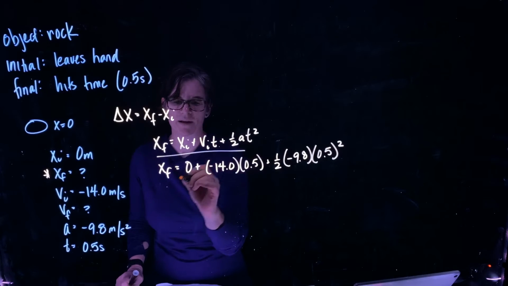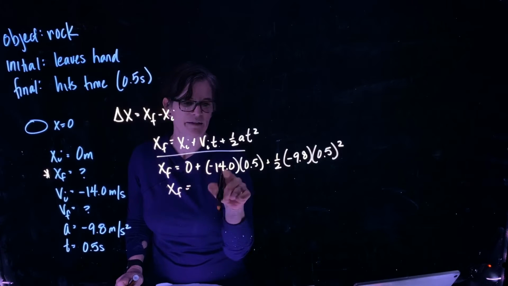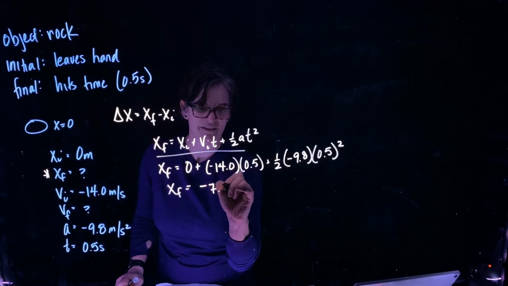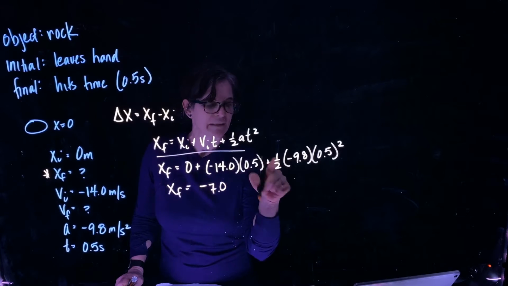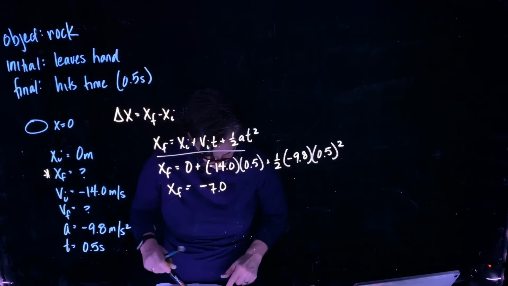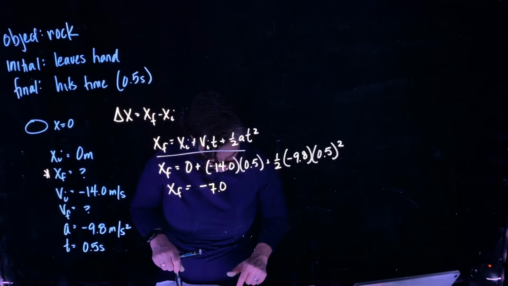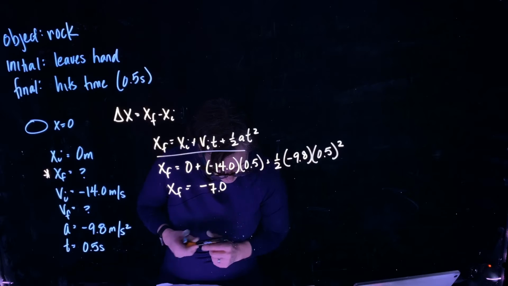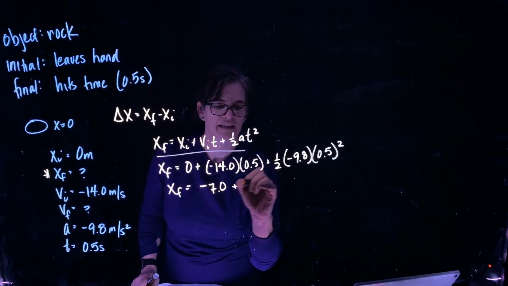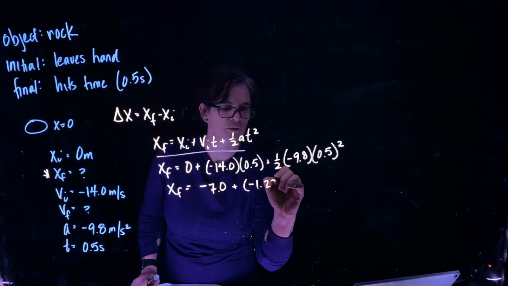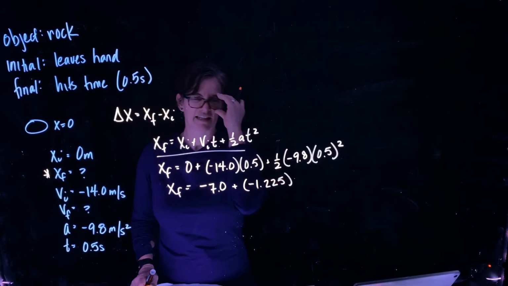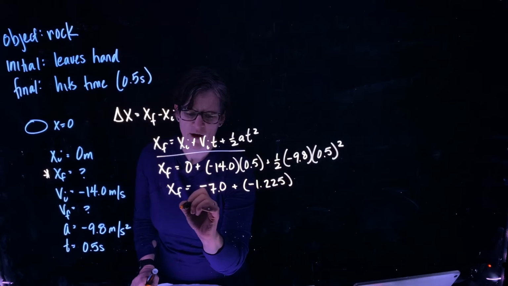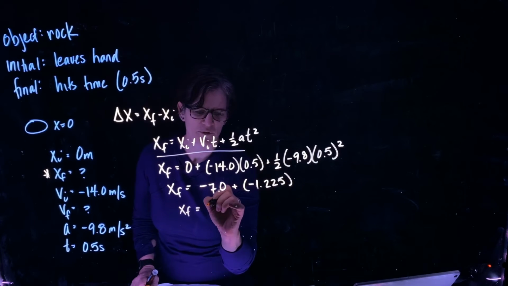All right, so I end up with x final equal to negative 14 times a half a second, which is negative 7.0, plus 0.5 times 9.8 times 0.5 times 0.5, which gives negative 1.225 meters. And so x final is equal to negative